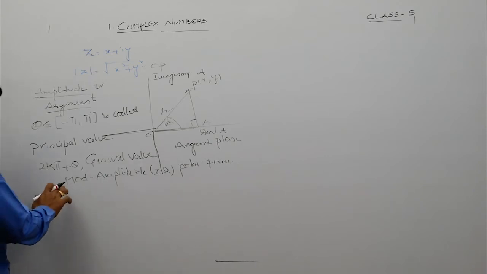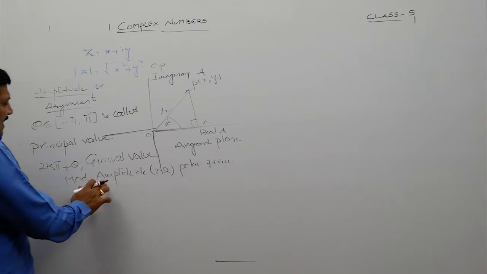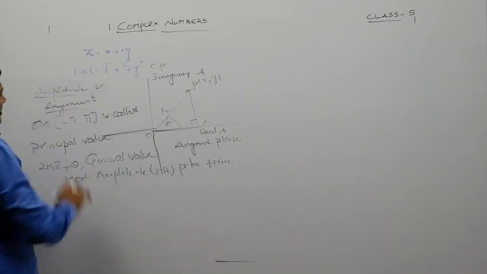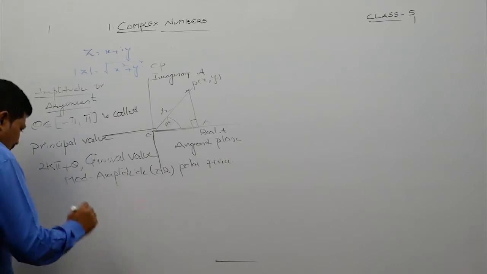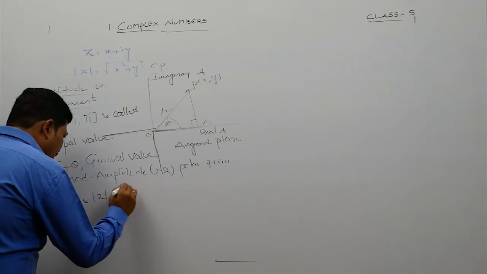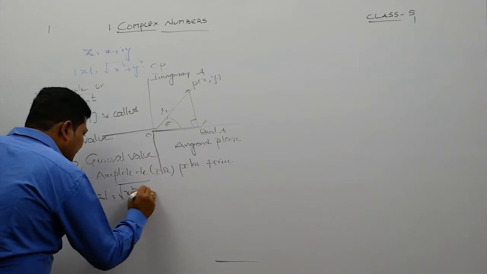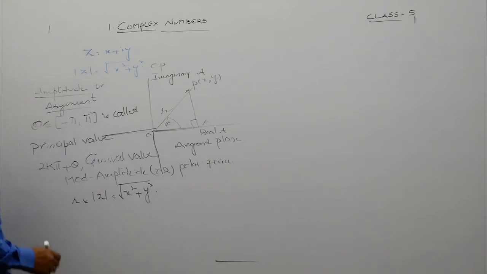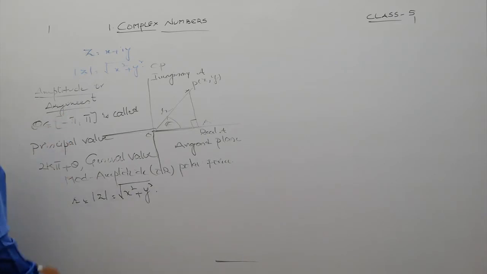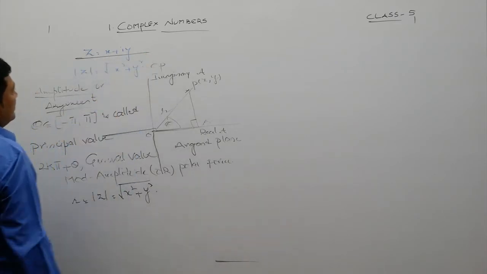You can see here modulus, the word. So MAPA means modulus as well as amplitude. And already we discussed here, mod z is nothing but distance from origin. So we call here R is equal to mod z, that is equal to root of x square plus y square. And most importantly, theta is the angle made by that OP bar in the direction. Now let z is equal to x plus iy, as we consider here in the beginning.